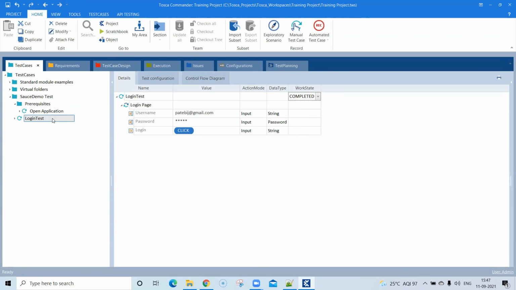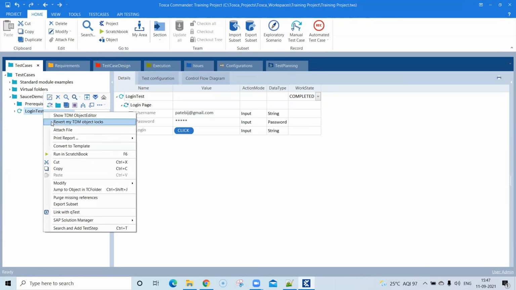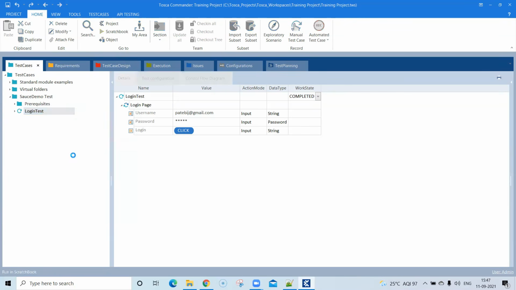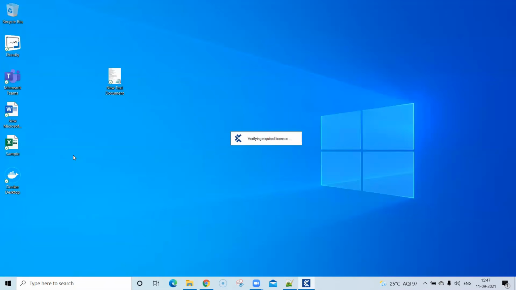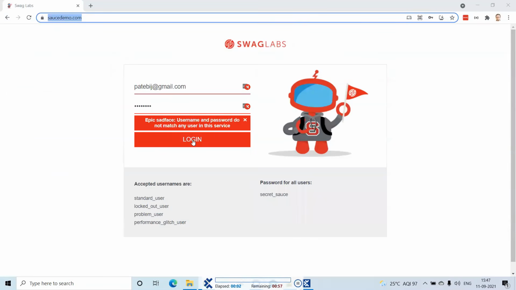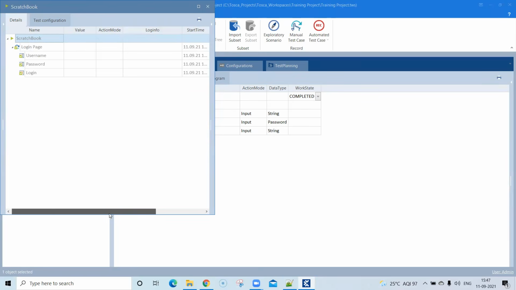So I've already shown you how you can run your test case, right? We can do it using the Scratchbook. So right click on it and click run in Scratchbook, okay? As you can see, it opened the application, it entered the information and clicked on the login button, okay? You will see everything has passed here, but